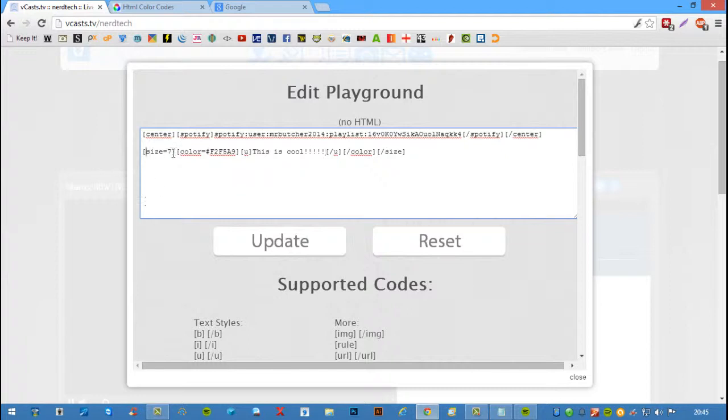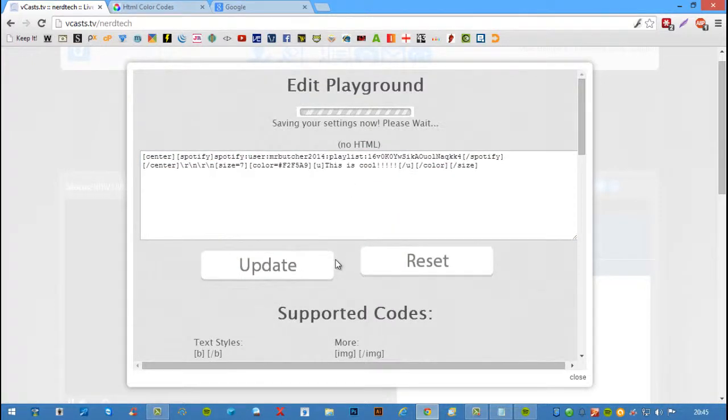So now you can see I've got the size BB code there. I've closed it off there. I put the color BB code here, I've closed it off there, and I put the underline BB code there, and I've closed it off there. So click update,